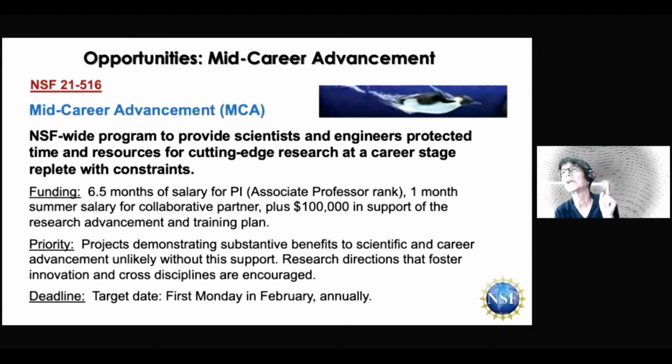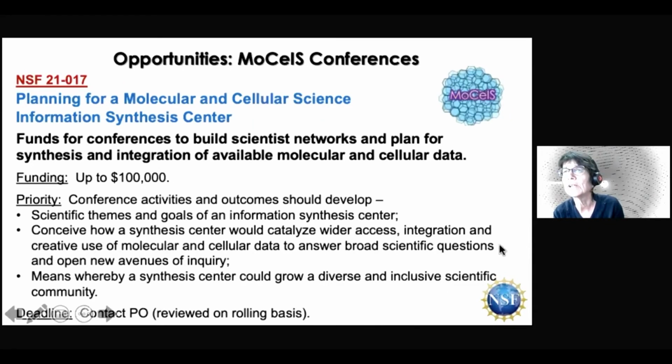What's really important is your chair has to be on board with this, and a letter from the chair that's very supportive and is going to tell why you need this time off and how you're going to benefit from it, and that their chair is total in agreement. And if you have a regular sabbatical coming up, a 6-month sabbatical plus another 6 months for this, there's no reason you can't combine those into a full year sabbatical, and that's what I meant to mention on the transitions. So I guess that's what I've done here.